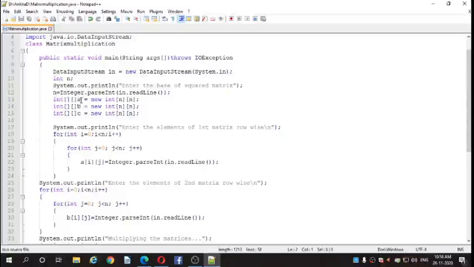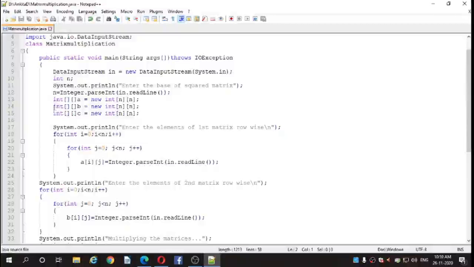Then that number we will read into the n variable, n equal to Integer.parseInt(in.readLine()). With the help of the Integer.parseInt method, we are converting the n value from string type to integer.